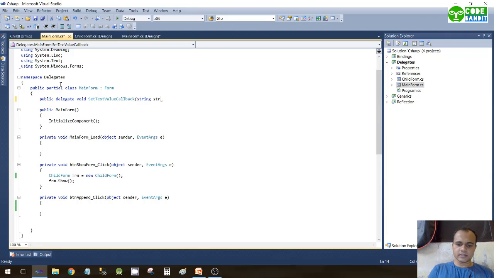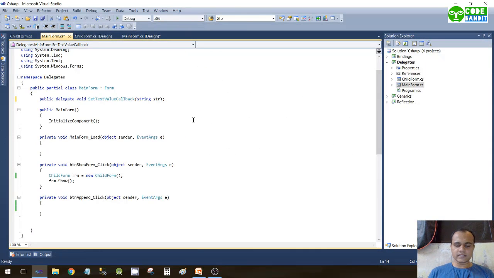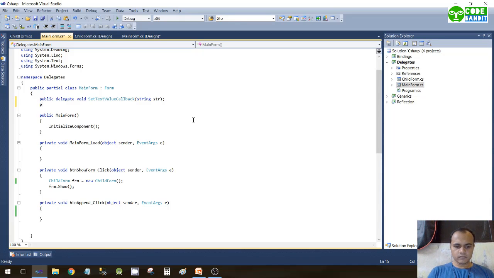So this is how we have declared the delegate, and the next step is to create the variable of the delegate. So let us create the variable. Public